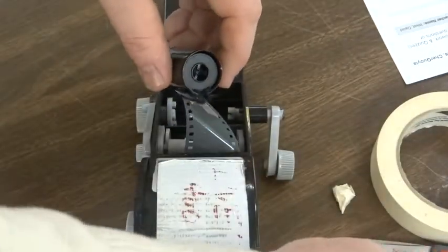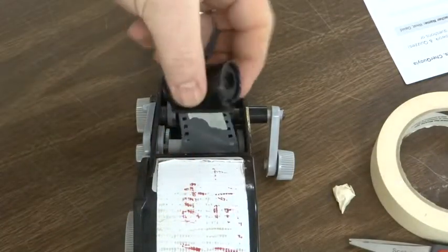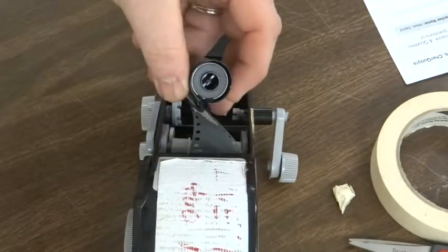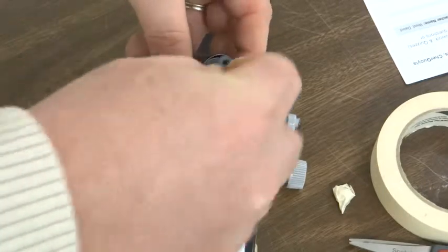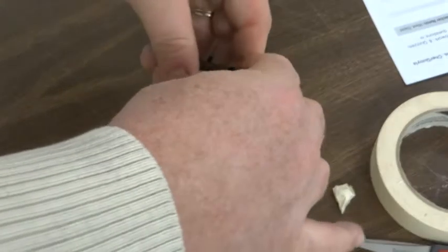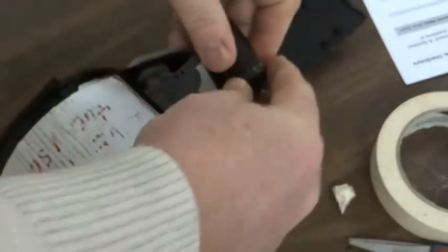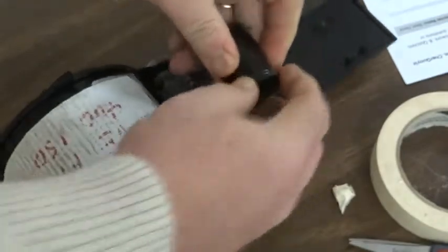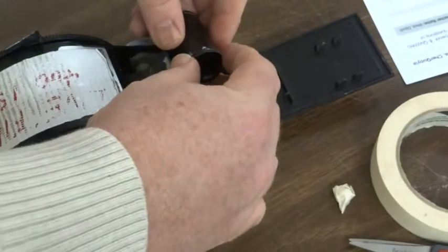and I'm going to take the end cap, and if you look here, you'll see that this opening where the film slides in, you can kind of squeeze that a little bit to close it more, and I can put the end cap on one side, squeeze that a little bit, and just kind of push and turn at the same time. And sometimes it's a little bit of a pain, but to verify that it's on, I push in